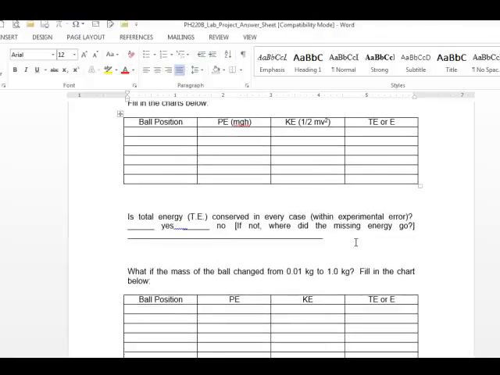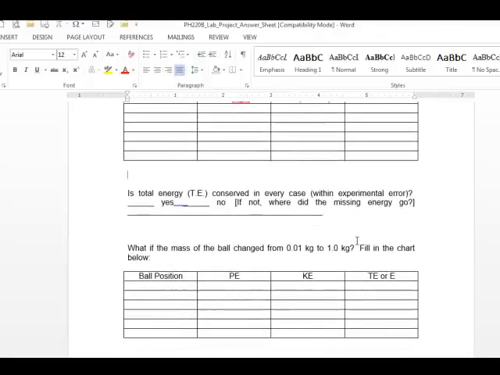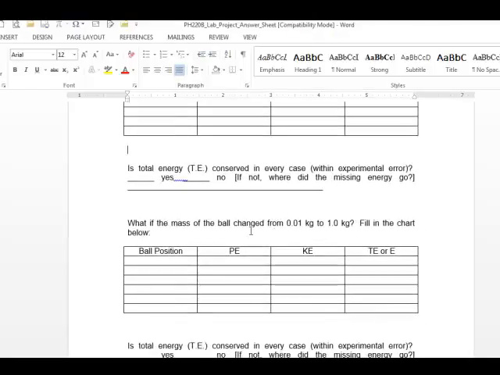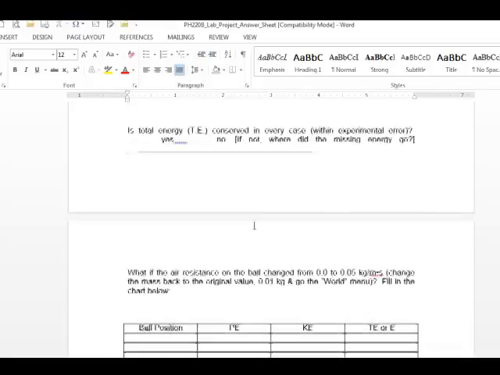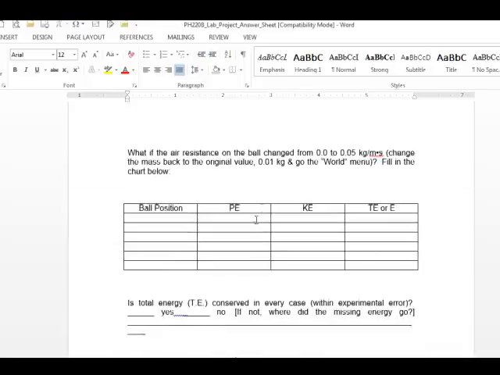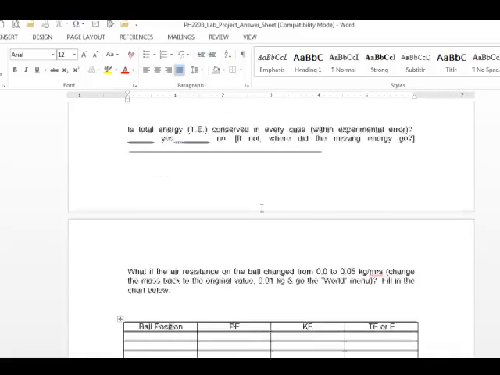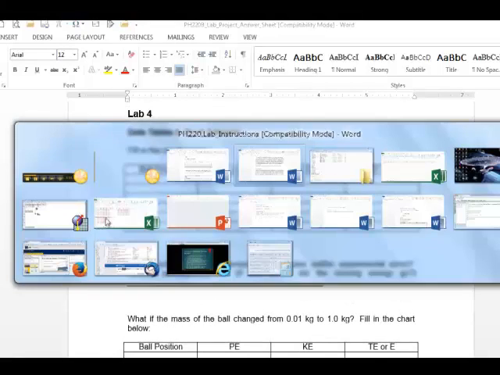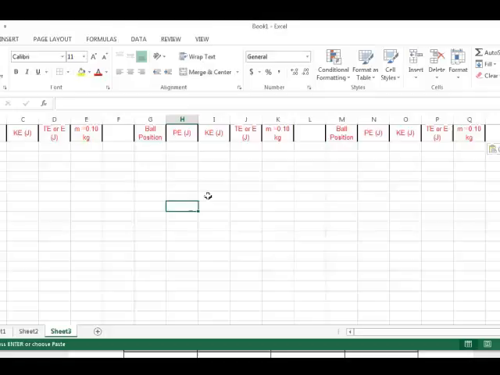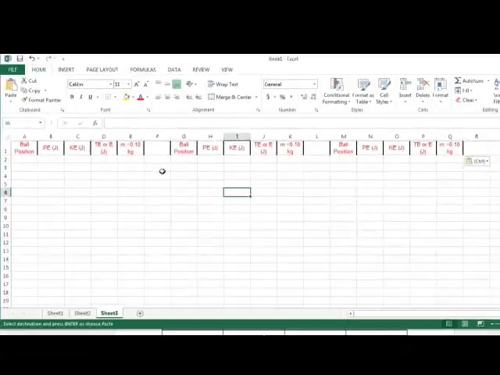So notice there's a few different tables, and we're going to do this for some different masses. A 0.01, a 0.1, and talking about whether it's conserved. And then we're going to actually put in air resistance and look at this also. Okay. So now I've actually set up a similar one with an Excel program, so we can actually put these in and calculate these through step by step as we work on the problem.